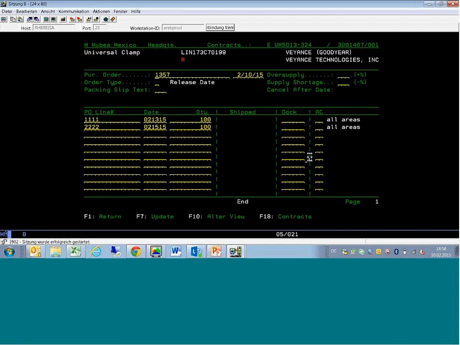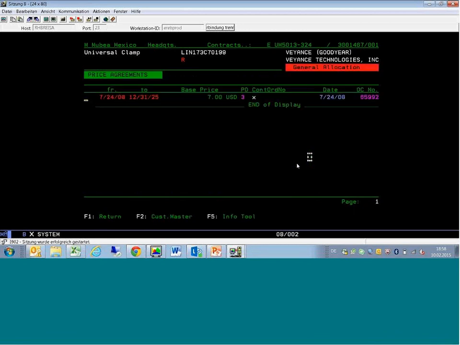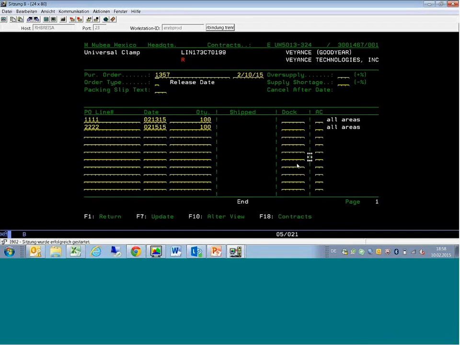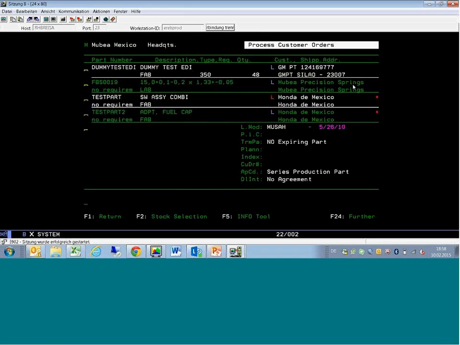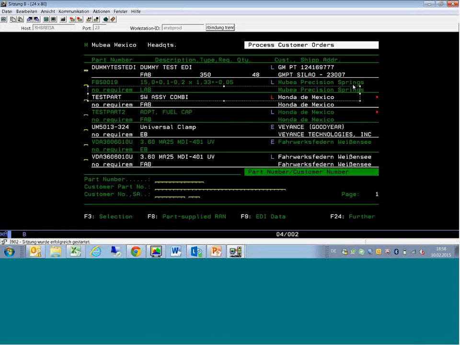Yes, with Shift F6, you can display the contract available for this single order. Go back with F1 so that I do not create any order. At the moment when I press F7, then would get displayed here my single order. I will go back with F1 and I will check if we have got